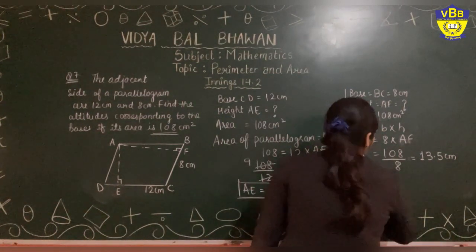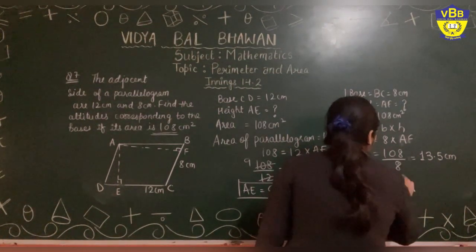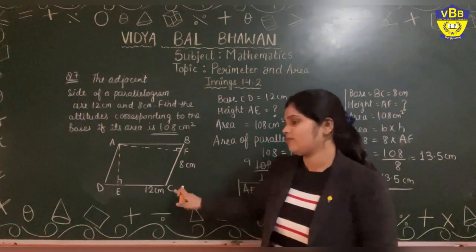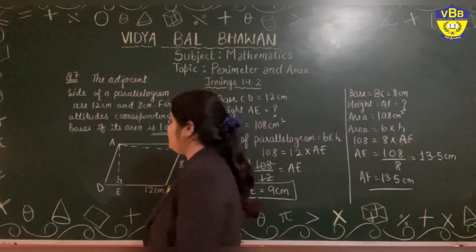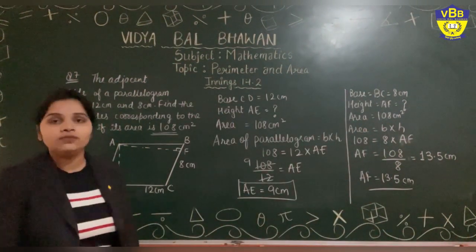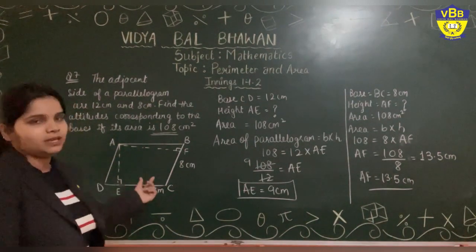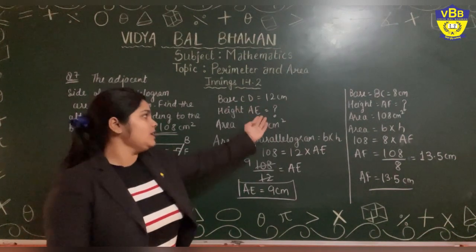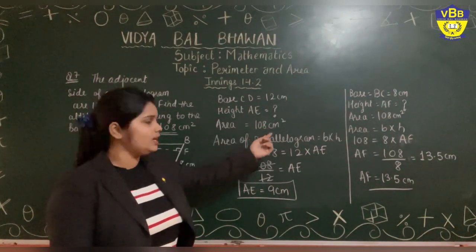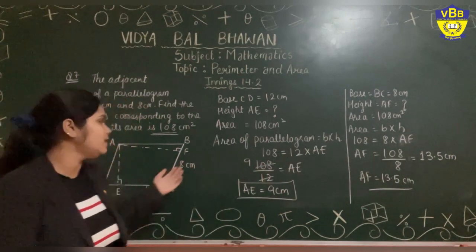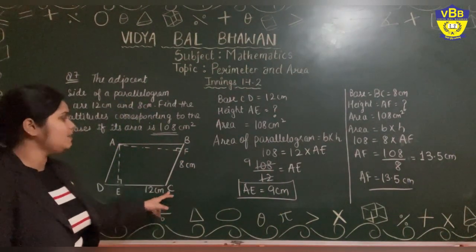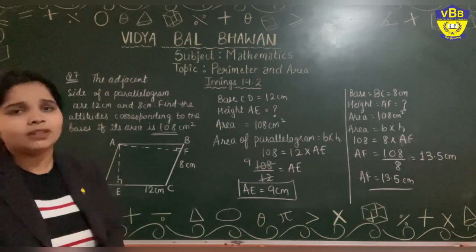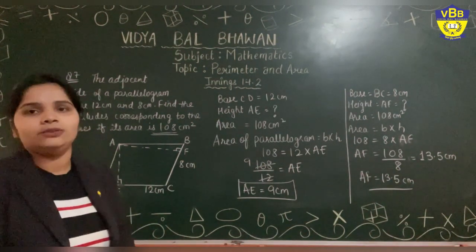height of the parallelogram with the corresponding base BC. That means this base. This is the question. It was asking for the length of the two heights with two different bases. If the base is CD or DC, we have calculated with the area 108 centimeters square, that gives you 9. And for the second pair, BC is the base and AF is the height. With the same process, we have calculated and found the second height of the parallelogram.